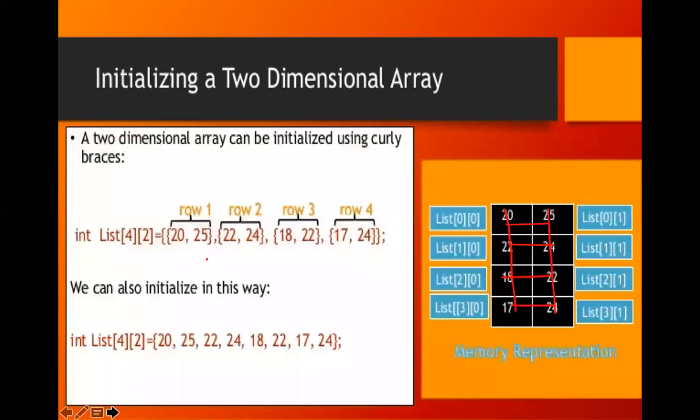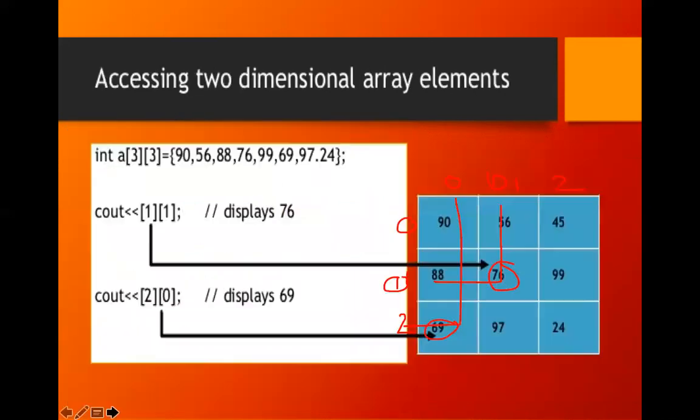Okay, and here in example 1 I said, here we can change the row subscript and column subscript also. You can take any, 4 4, yeah, 4 2, 4 3. So the size of an array is the user's choice, and it can be mentioned in curly braces or in brackets also. Okay, and here how can we access? Suppose this is the number 1 1, this is the 1 and this is the 1. Here 76 will be the element.